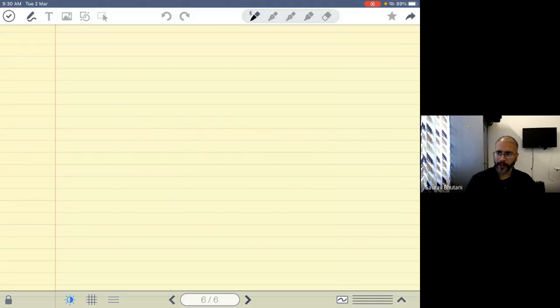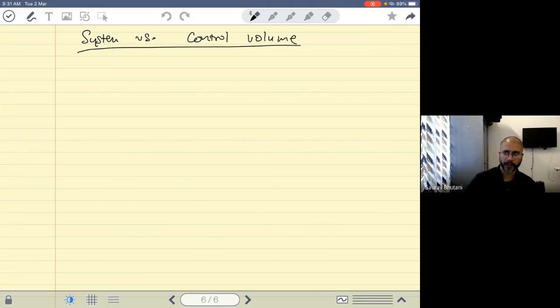So before I start writing integral equations, let me first talk to you about certain ideas and concepts, because we'll require that understanding. So the first idea, again, we have briefly discussed it, but we'll have to expand on that, is the idea of a system versus a control volume. Okay, so we've discussed in the past that control volume is a fixed volume in space. Well, not really fixed, it can be moving and expanding as well, but it is a volume which is not